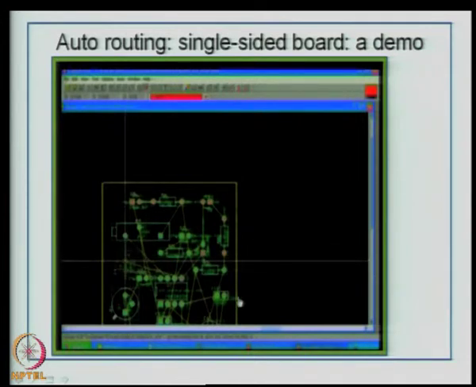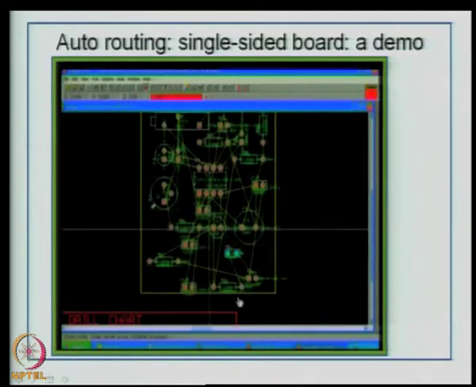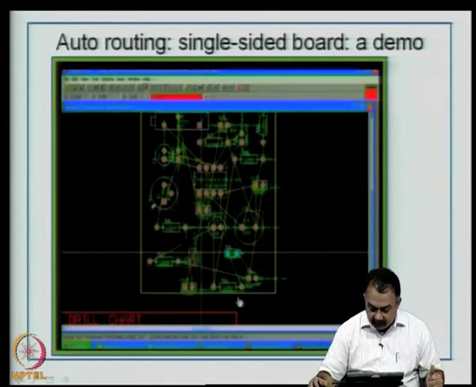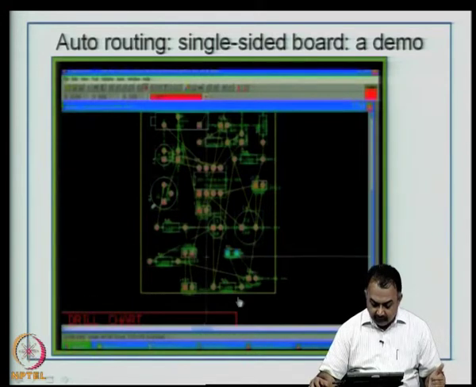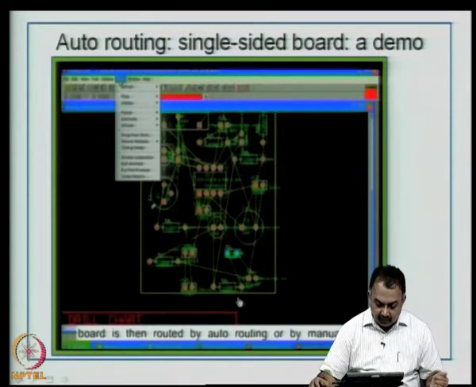Remember, this is a single sided board. So, if the space restriction is there for this particular design, obviously a lot of manual routing will have to be done, because you are not allowed to do a double sided board based on the company's requirement, let us say. So, after having spent a lot of time on the placement, now you go for auto routing,